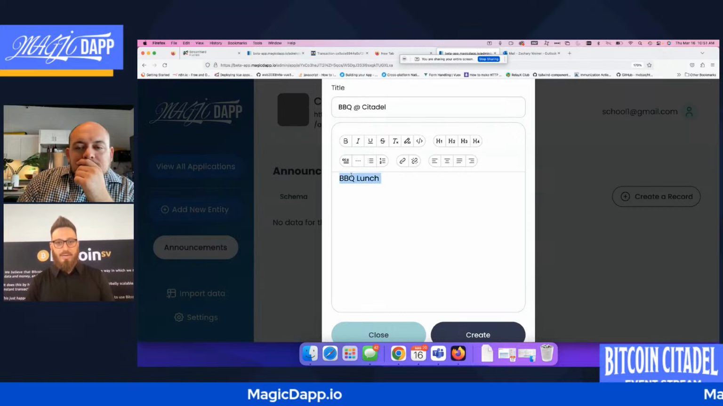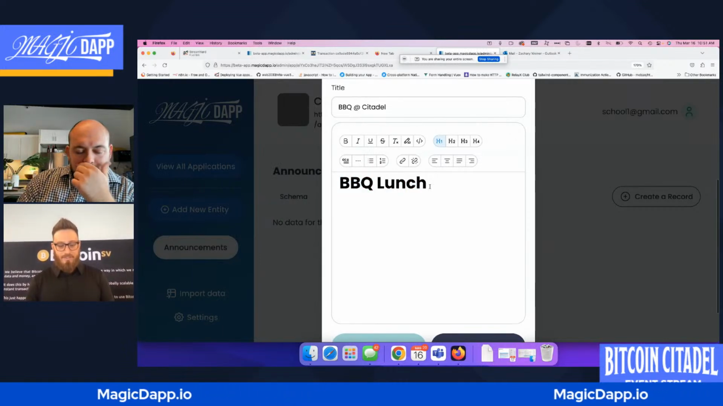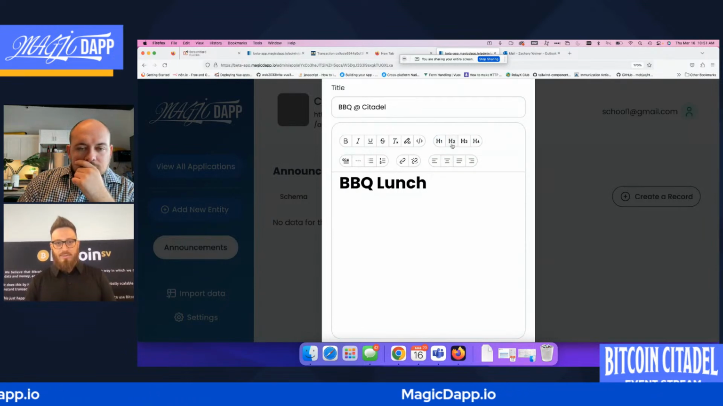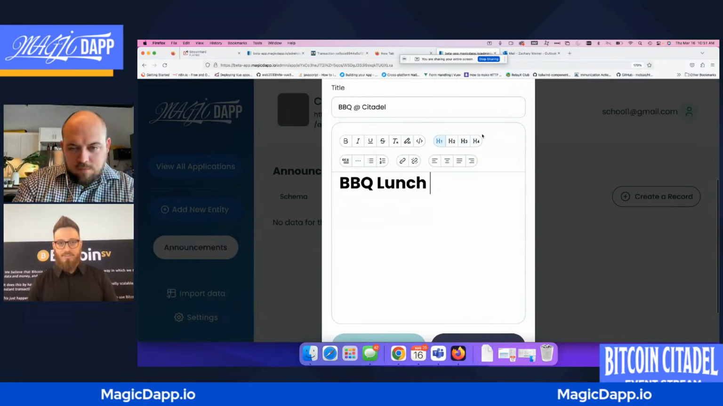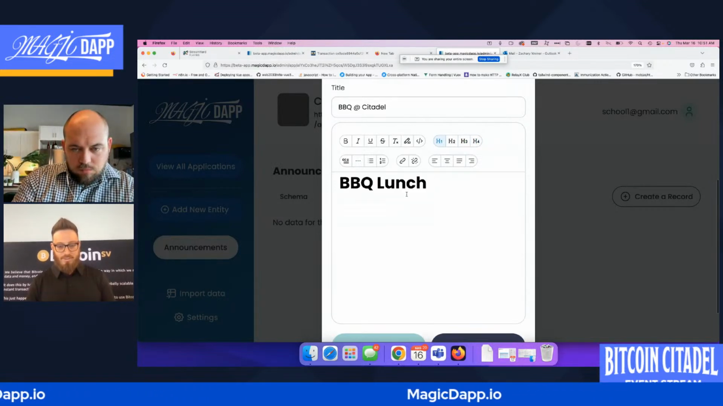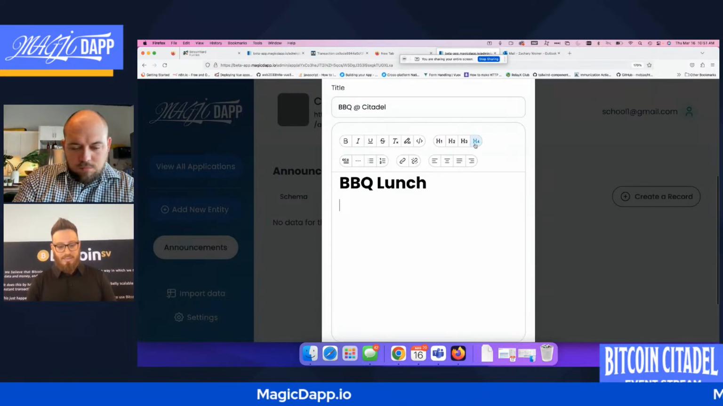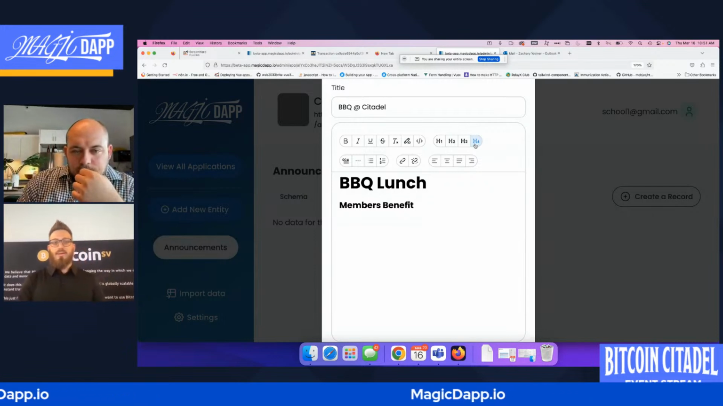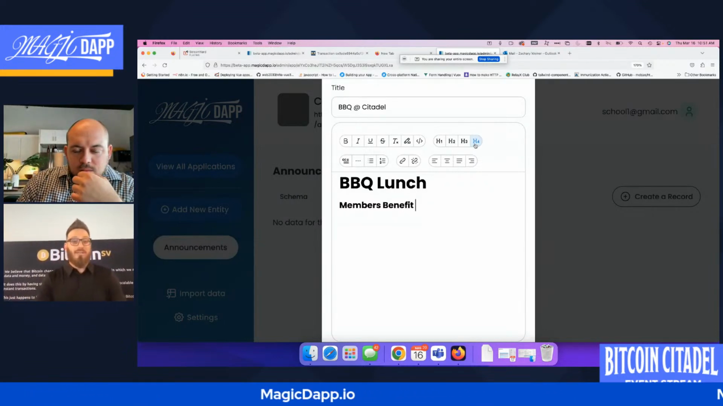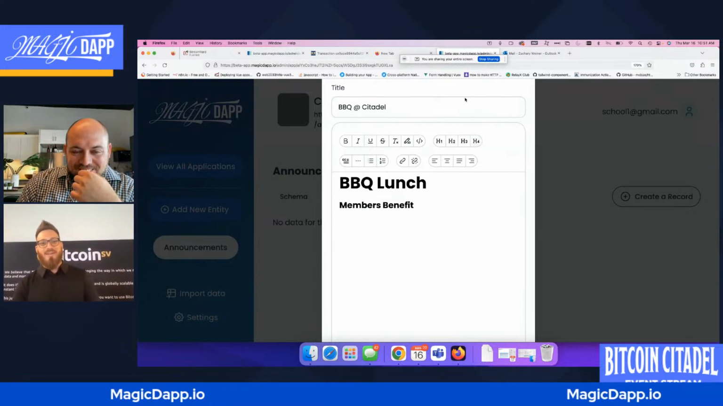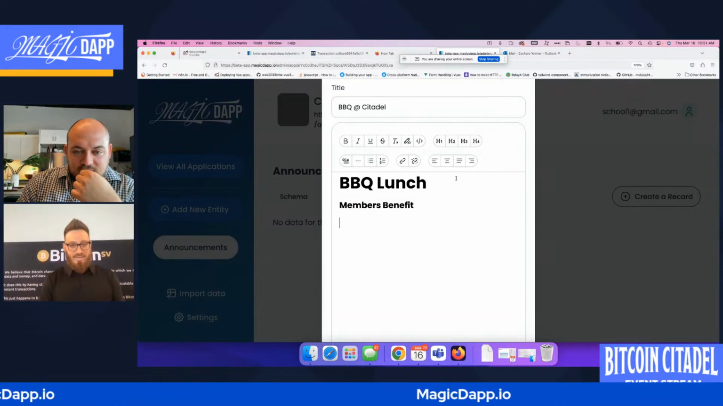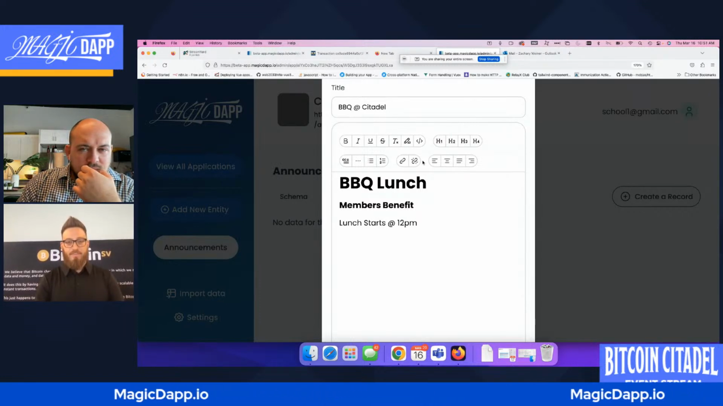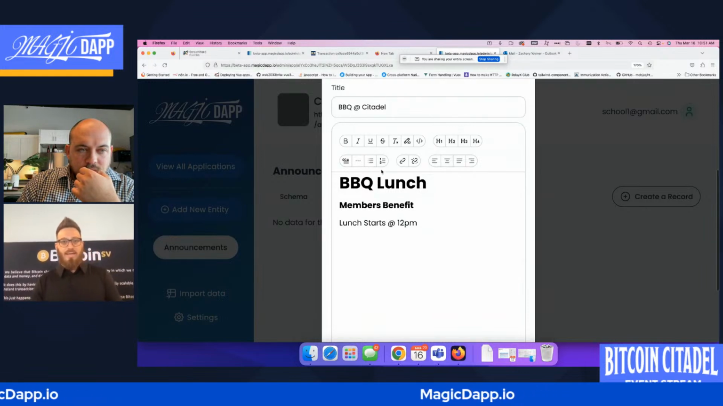Barbecue lunch, so we can make this the title. Let's maybe in here we'll say member. We'll make that even smaller. Oops. Barbecue lunch. We'll say members benefits. They don't actually buy your lunch here, but we're going to pretend that they do, just to demonstrate that you could have a different type of header. We'll say lunch starts at 12 p.m. and then maybe something like